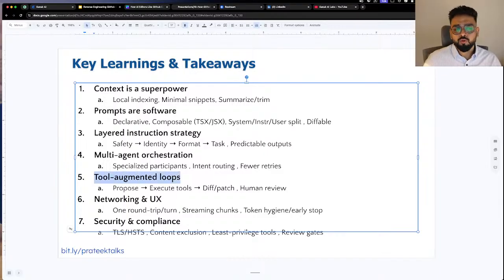There also has to be tool augmented loops. So before it can do anything, it has to understand what tools are available. So it goes through an enumeration, gets all the tools available, and augments your prompt with all the available tools so that the LLM can use those tools and create better and better